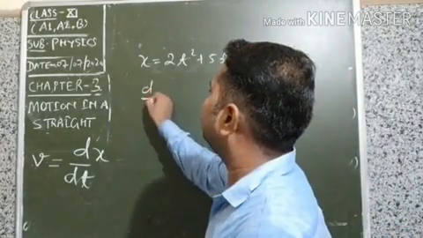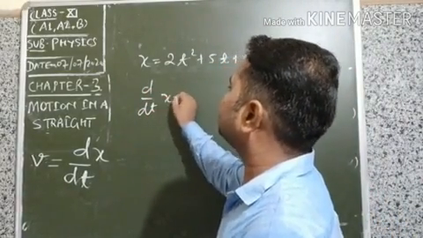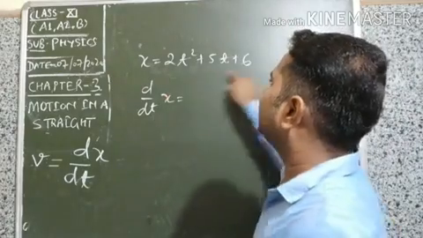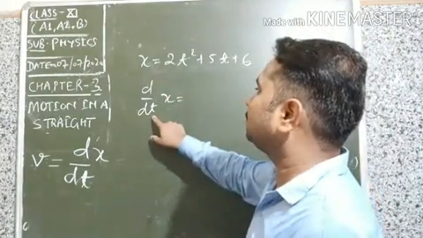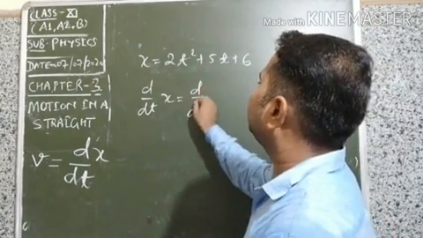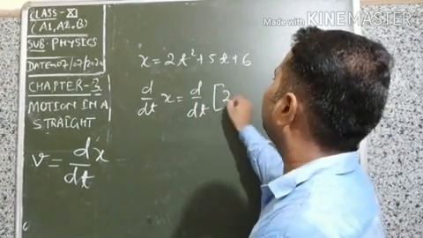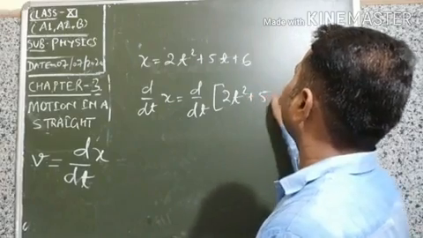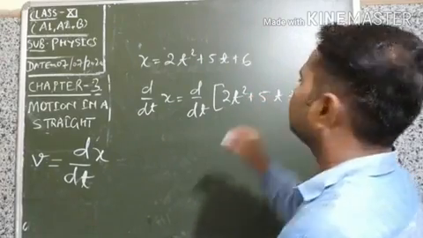So it is d dt of x, means we have to differentiate this function with respect to time t. So it is equals to d by dt of 2t square plus 5t plus 6